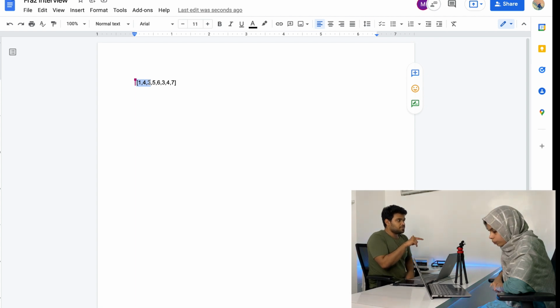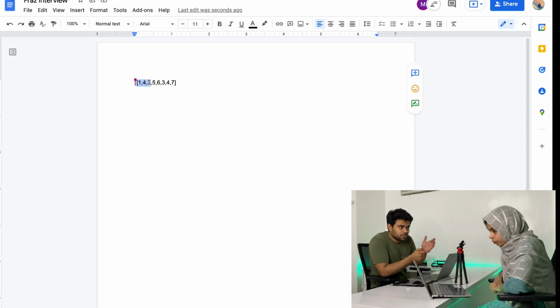Then 4 is going to be there. Then 3 is going to be there. But because 3 is coming after 4, we will have to keep 3. Why so? Because it might be used in the next window. For the current window, it is of no use. But for the future, it might be of use.